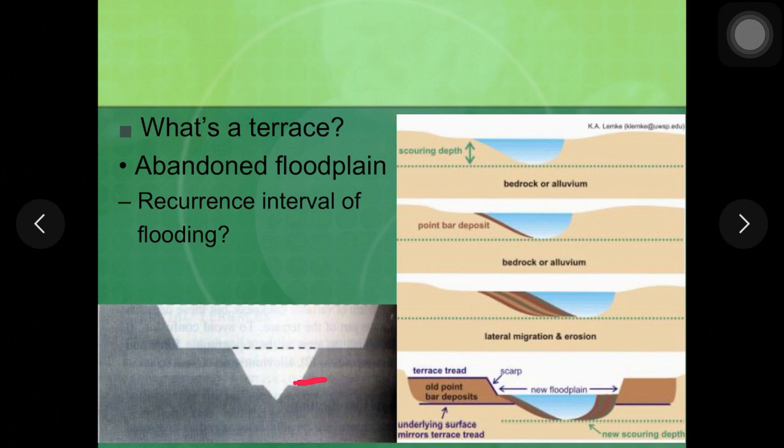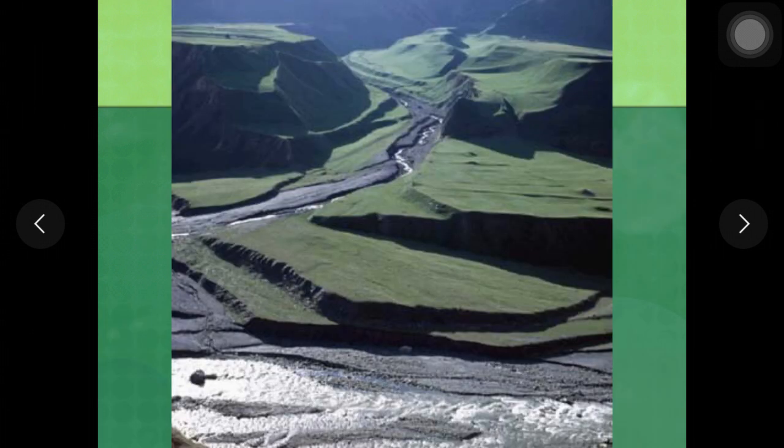With next phase of rejuvenation, a new floodplain is formed and the old one on the top is left high and dry. With another phase of rejuvenation, you can see formation of a new valley here, and this floodplain is abandoned. So with each phase of rejuvenation, a new river terrace is formed which is left on the top high and dry. So that is the process of formation of river terraces.